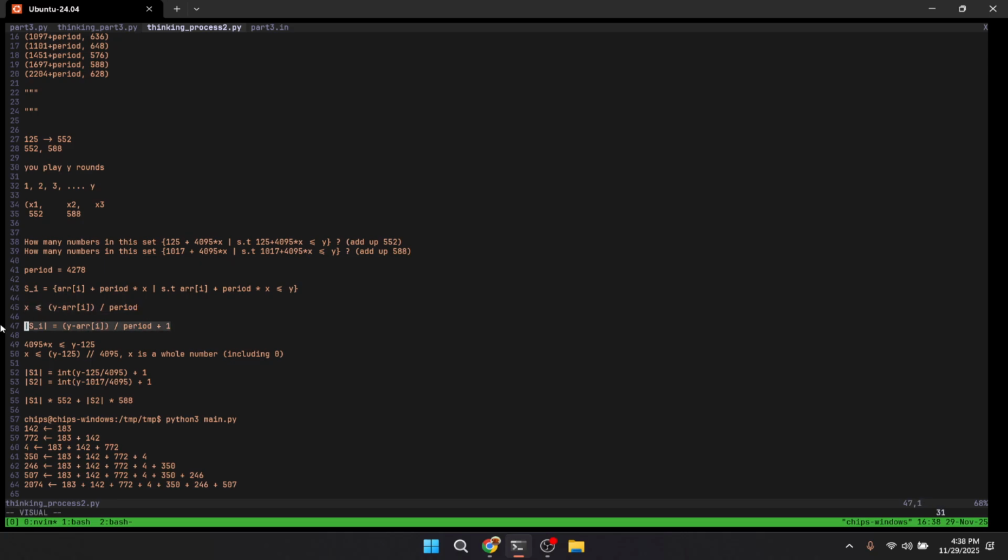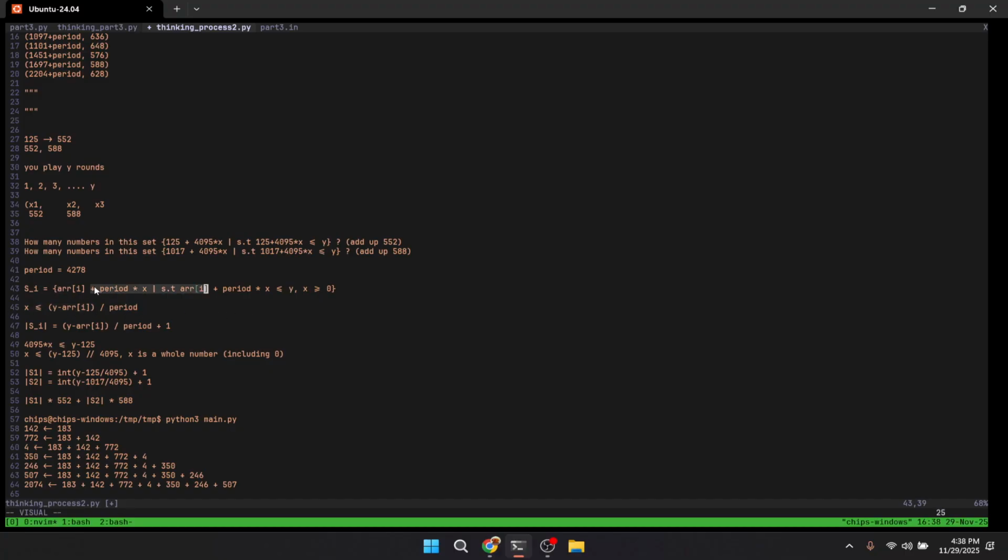If you don't know why there is this +1 here, imagine that x gives you 7, and x should be bigger than or equal to 0. So if x gives you 7, which is a whole integer, then you can plug in anything here,